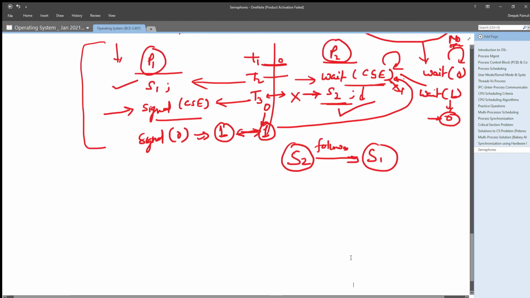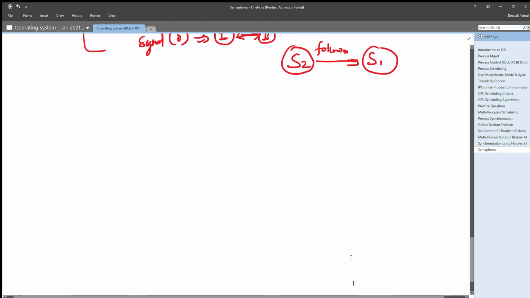So we can say we can implement synchronization or critical section problem using semaphores.